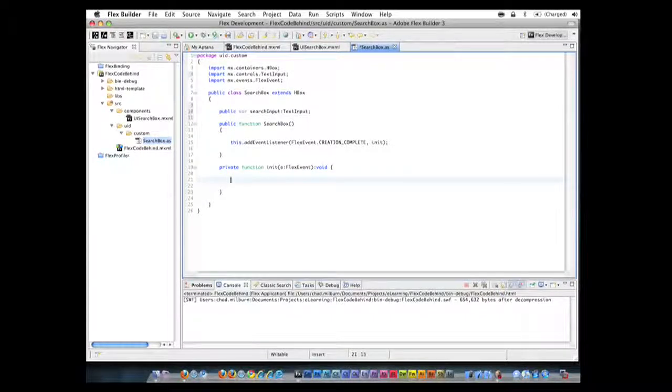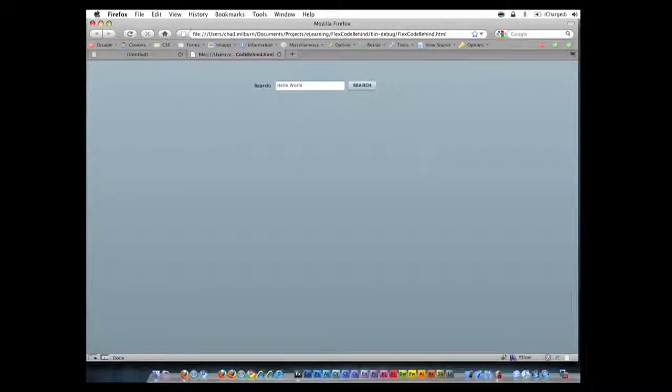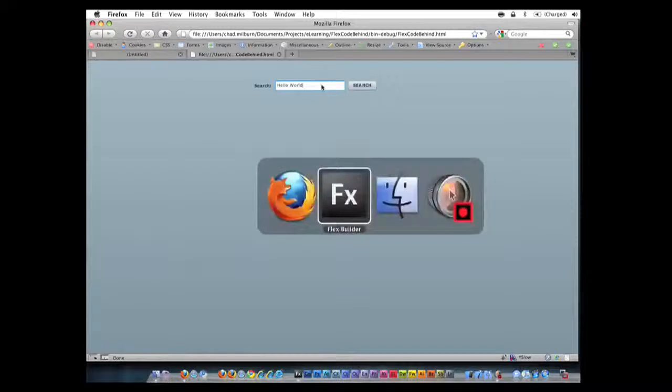So then inside of the init function, which is called creation complete, you'll see I can call search input, and if I want to add some text inside of that, we'll put hello world, and I'll go ahead and save it, and let's run it. And you'll see that using our code behind in the ActionScript file, I was able to access this input ID inside the MXML, and then using the ActionScript, I appended the hello world message inside of it using the text